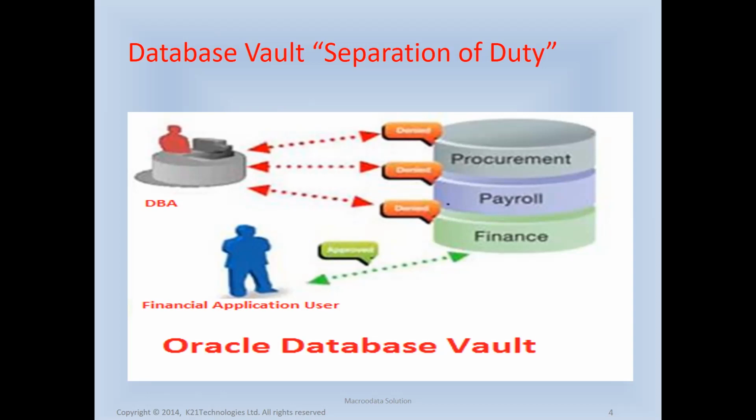And the DBA will not have access to the complete database. Access such as select any table or insert any table will also be restricted, because if somebody has by mistake been given such access, he can select any table in the database. So such access is also restricted. But if somebody has been given explicit access on a particular table, for example grant select on scott.emp to the HR user, then definitely the HR user can access it. But if somebody hasn't been given access, then he will not be able to access.